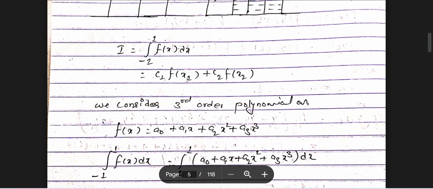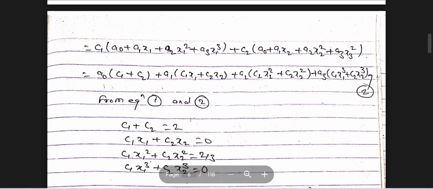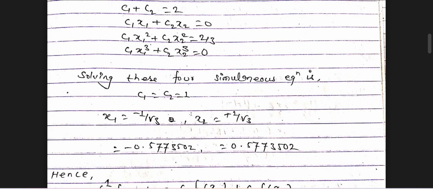For x from minus 1 to 1, we consider a third order polynomial f(x) as a0 plus a1 x plus a2 x square plus a3 x cube. The integral from minus 1 to 1 of (a0 plus a1 x plus a2 x square plus a3 x cube) dx gives a0 x plus a1 x square by 2 plus a2 x cube by 3 plus a3 x to the fourth by 4. The given formula is A is equal to C1 f(x1) plus C2 f(x2). From the equations, solving the four simultaneous equations,